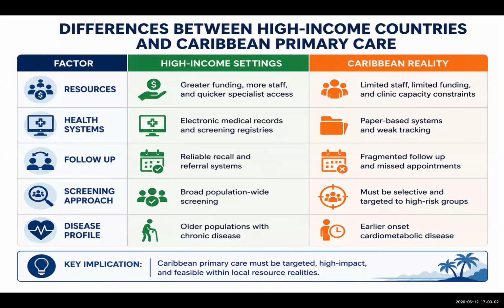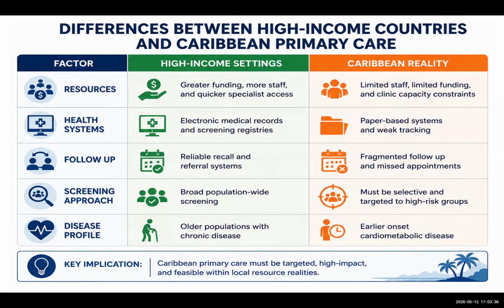So to understand why screening prioritization is necessary in the Caribbean, it's important to compare our healthcare realities with those of high-income countries. In high-income settings such as the US or Canada, healthcare systems generally have greater financial resources. They have a larger healthcare workforce. They have widespread access to specialists. They have stronger preventative care infrastructure. And many clinics use electronic medical records with automated reminder systems, allowing their patients to be recalled for repeat screening